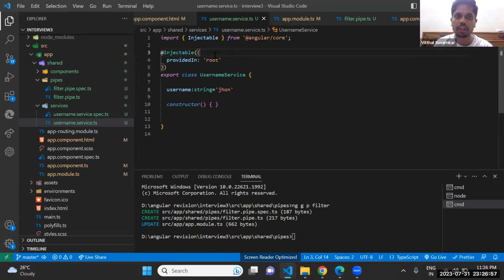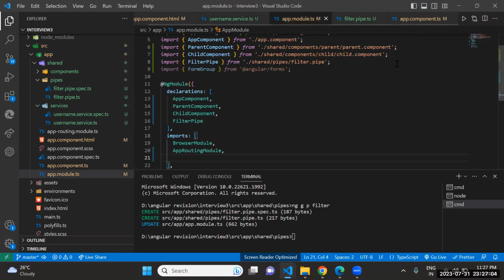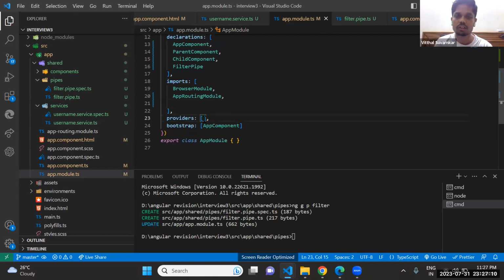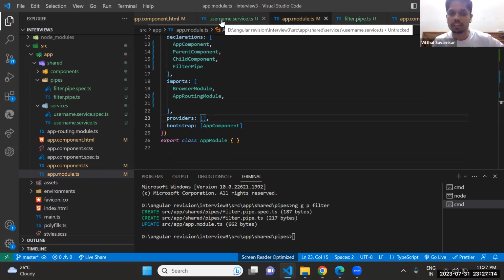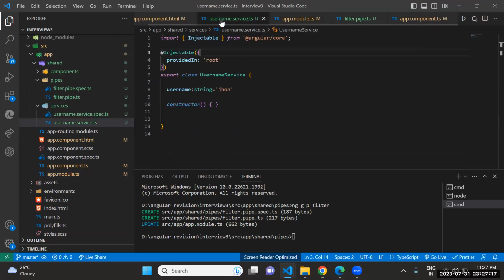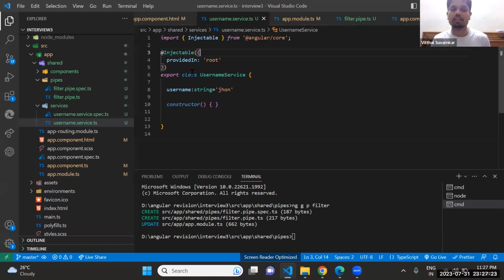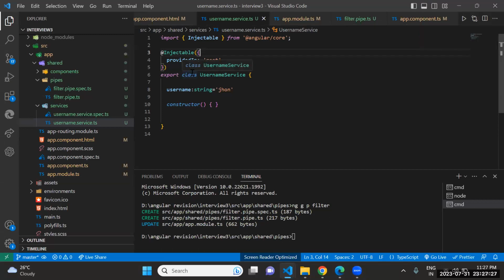We can also use it in app.module.ts providers. Here it's called dependency injection in services. Okay. Both we can write here or in app.module.ts, here or here. Okay. No problem.